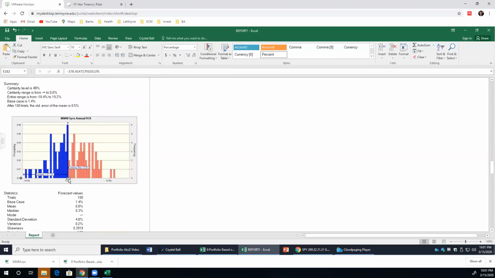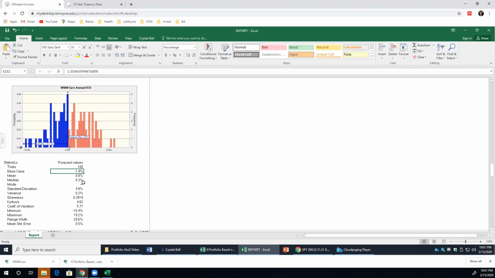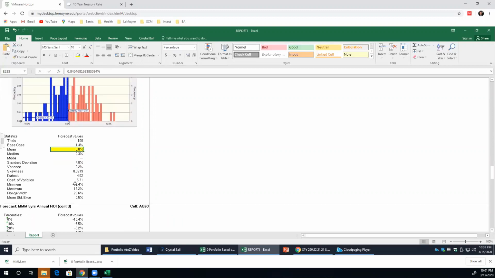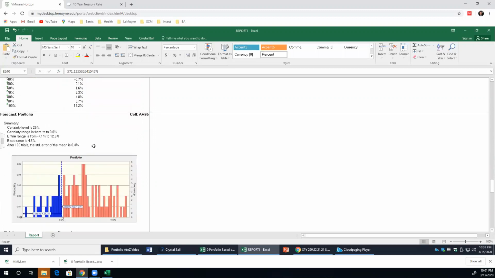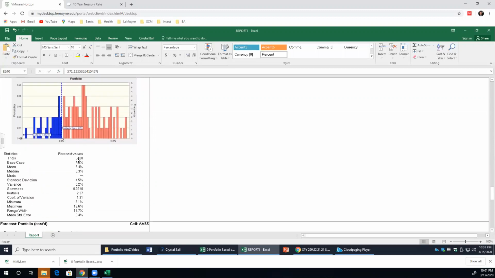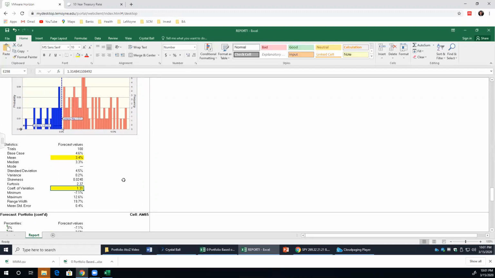If you go back to 3M, again, return is 0.8%, and coefficient of variation is huge, horrible, almost 600%. So why am I showing you all these things? I will show you one interesting thing before I finish my video. You can see here the return is 3.4%, and the coefficient of variation is over 100%,